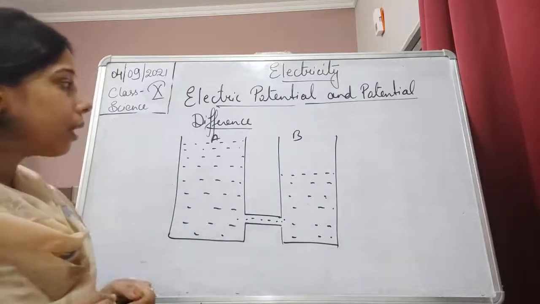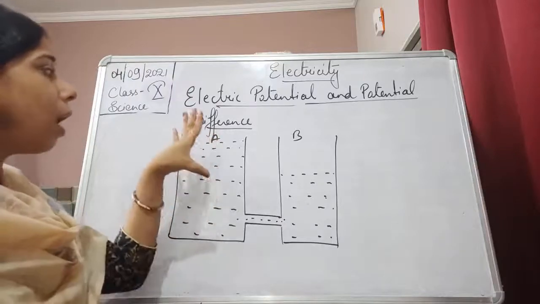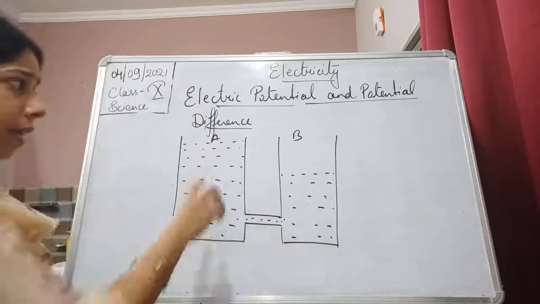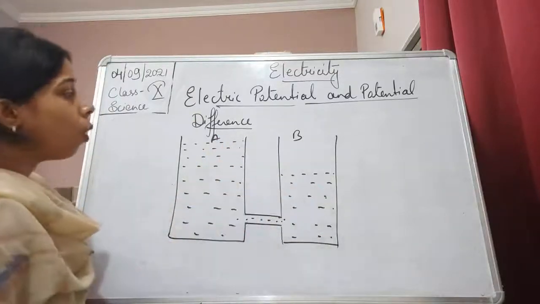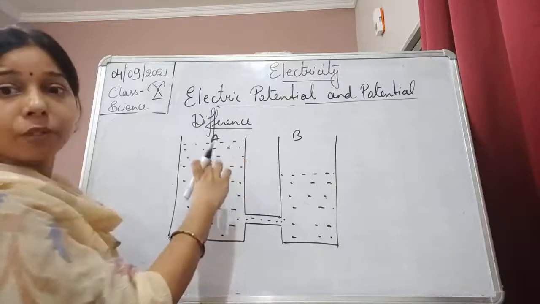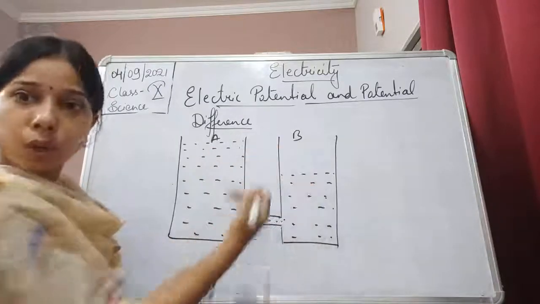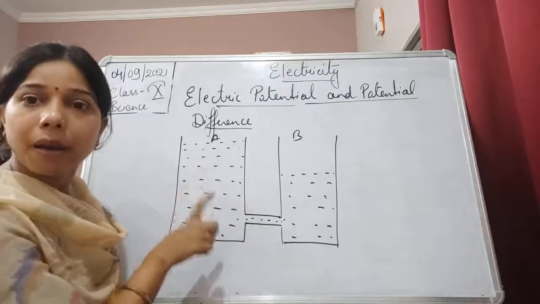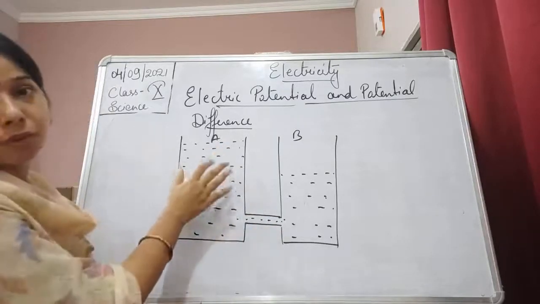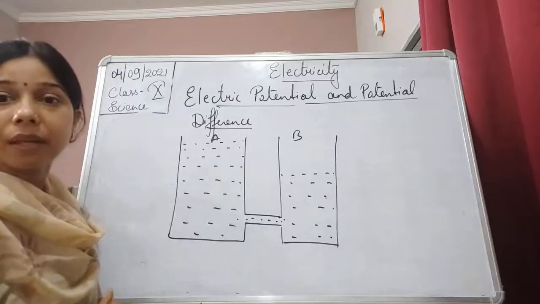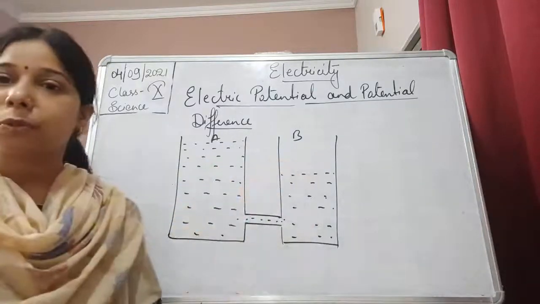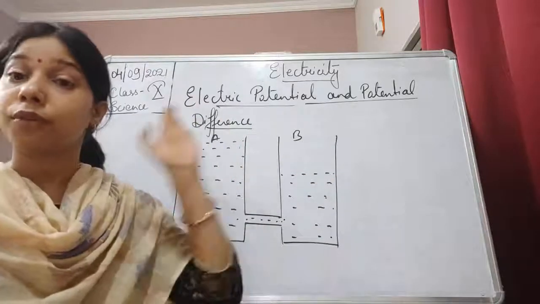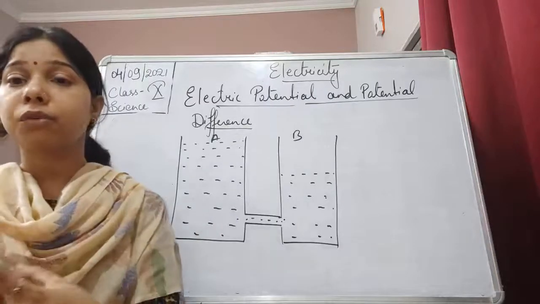So we can say why this happened: because the amount of water in tank A is more, it has more potential. There is a potential difference between these two. One has a higher potential, the other has a lower potential, and that is why the potential is decided on the basis of the amount of water. The amount of water in A is more than in B, so the potential will be higher there and lower here, so the water will start flowing from the higher potential to the lower potential. And why does this movement occur?